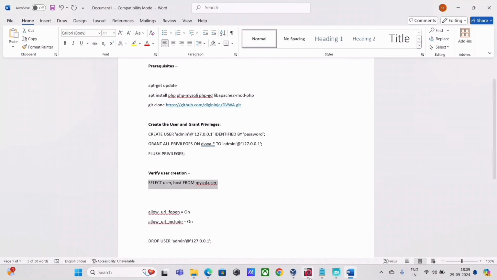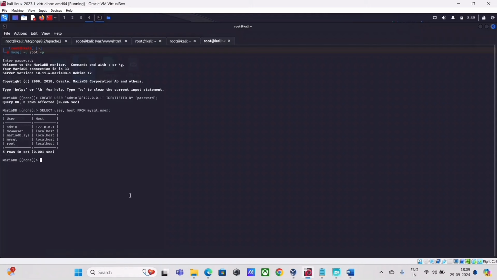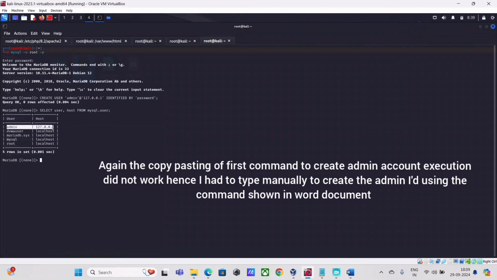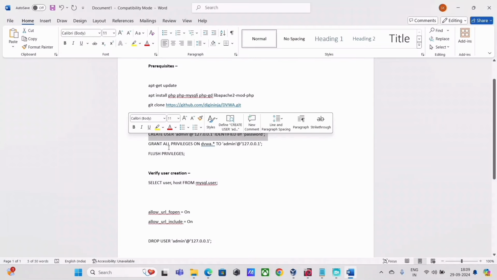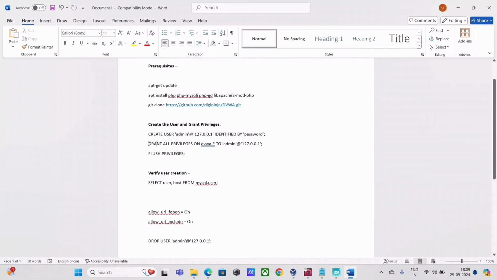I'll just do a copy paste again. Hopefully it works this time. Yeah, you can see the admin ID is recreated once more. Okay, and now the next step is to assign the privileges, as in